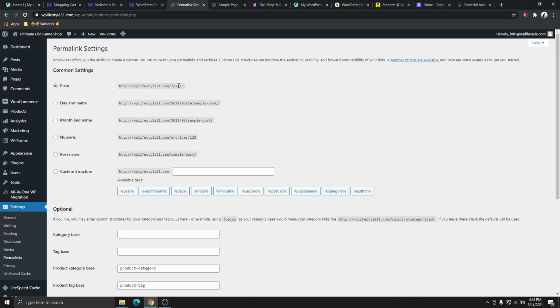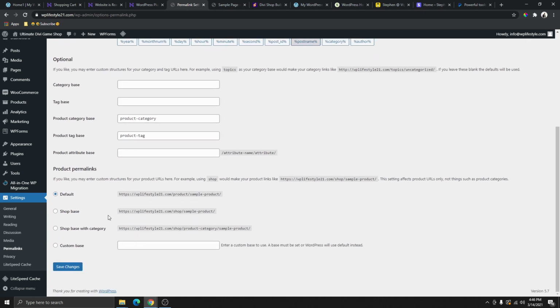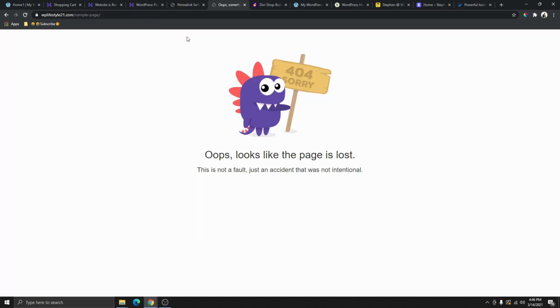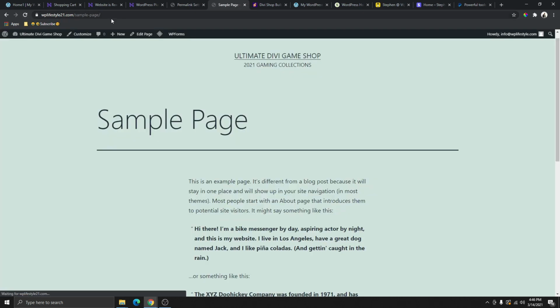So that is not good for your Google ranking. So you want to make sure that your permalink is set to post name. So over here, select post name and scroll down and click save changes. So now if we go back over here and refresh this page, it is going to show your website/sample-page. You can see instead of showing the page ID equals 2. So this is cleaner and easier for Google to read,